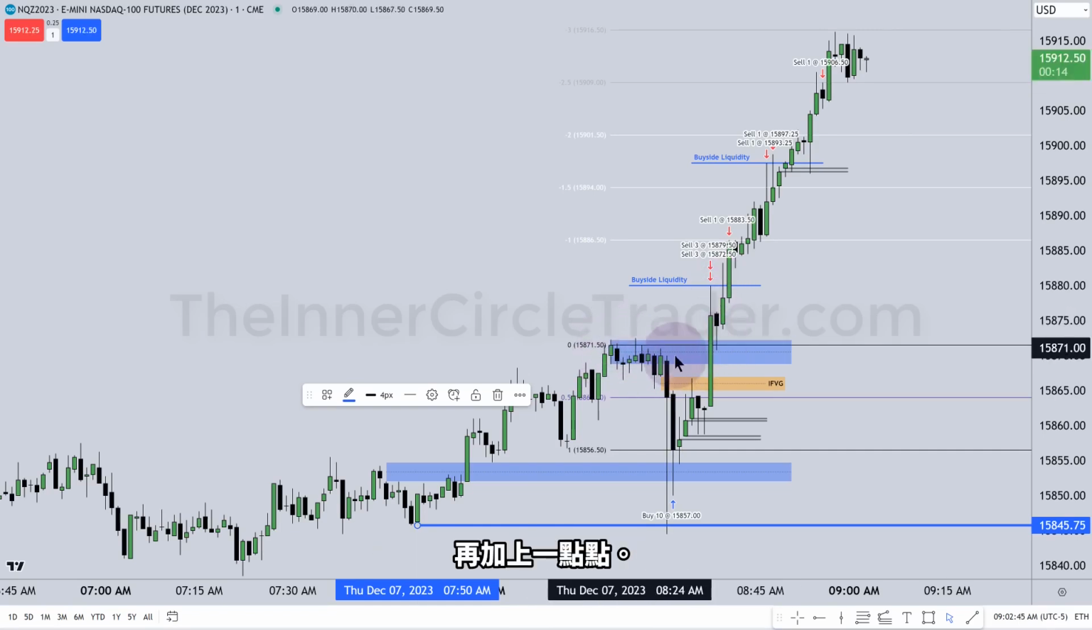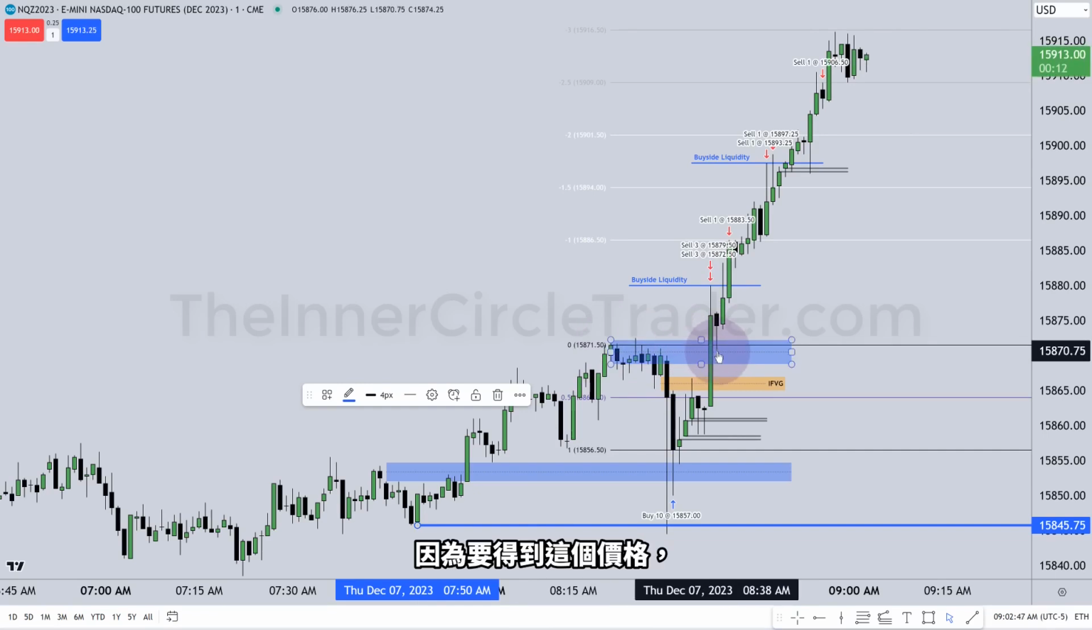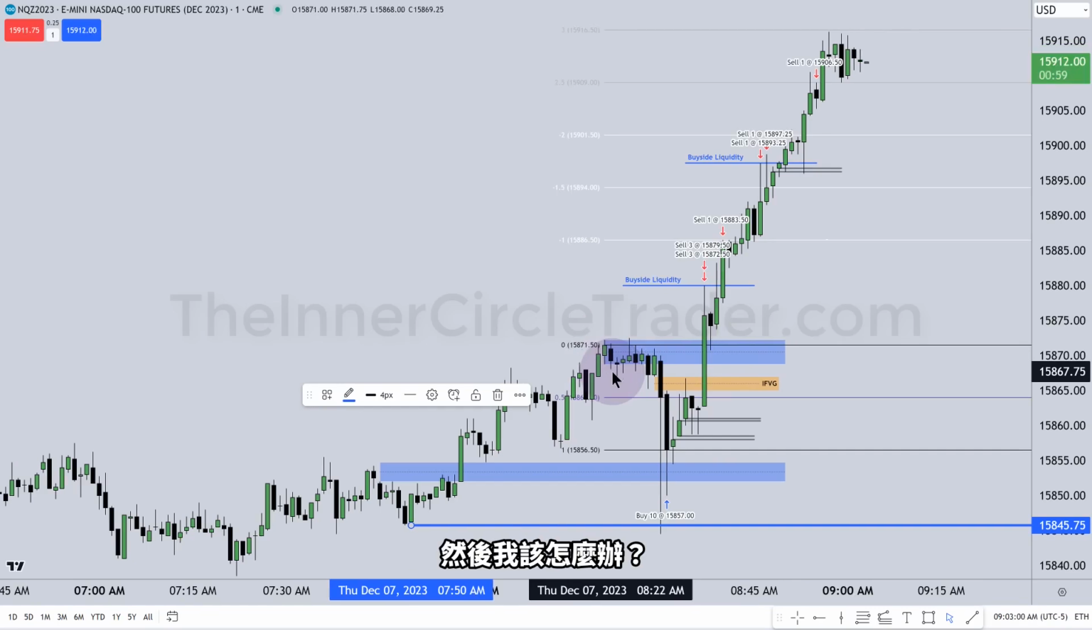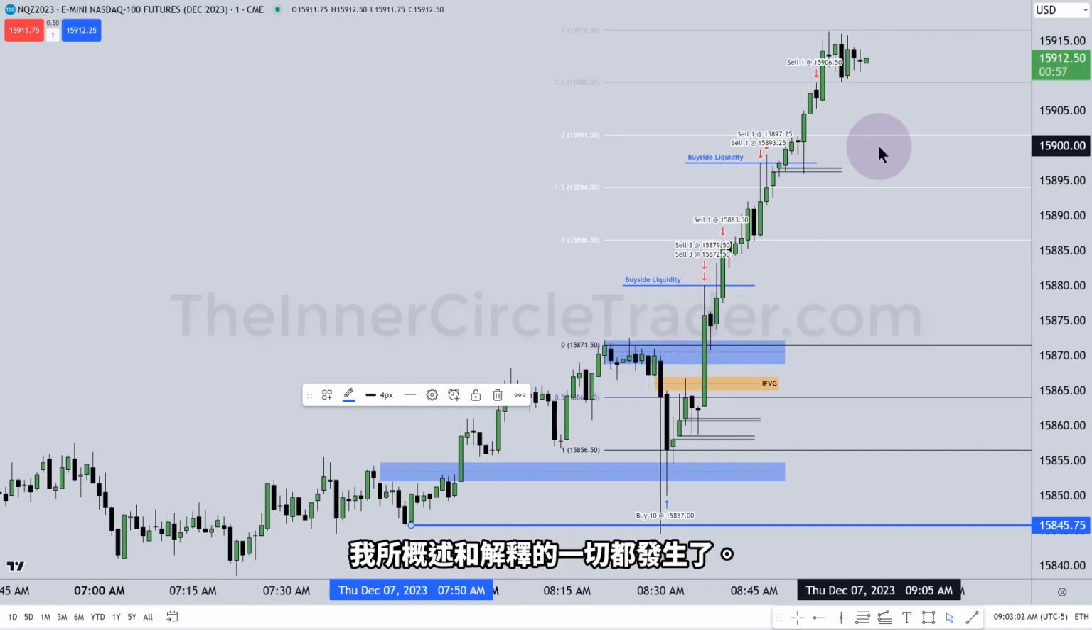The body touched into it, plus a little bit more. Why? Because to get that price, which is the close of this candle right there, it's got to go below it because there's a spread there. Okay, usually about one tick. And then what did it do? Everything I outlined and explained to you as it was happening. Okay, so